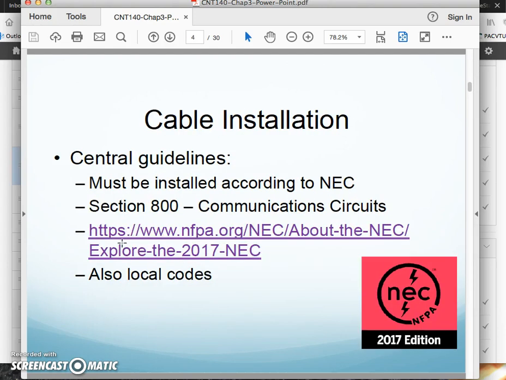First thing they talk about in here is some central guidelines dealing with standards for install. And the first thing they mention is your National Electrical Code, your NEC code. Our install, any sort of cabling install, needs to meet these guidelines. These are safety guidelines for installing electrical outlets, electrical lines, and along with that, telecommunication lines, and that deals with phone